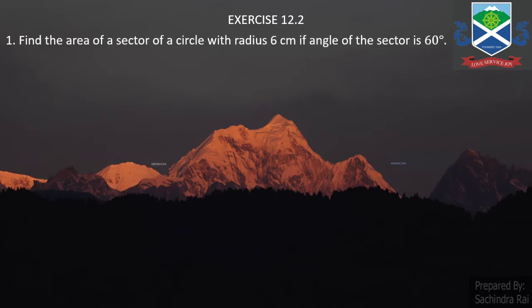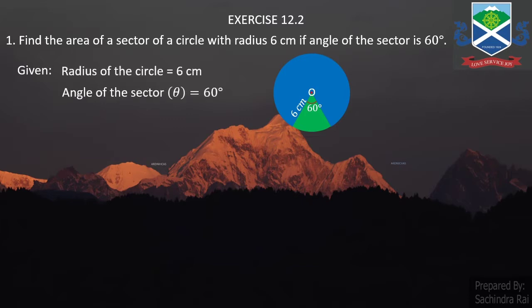The first question: find the area of a sector of a circle with radius 6 cm if the angle of the sector is 60 degree. Before we start, we need to draw the figure with the center O and the central angle as 60 degree and the radius which is given to us as 6 centimeter. So we'll write given as radius of the circle as 6 centimeter, angle of the sector that is theta equals to 60 degree. Now we need to find out this green portion that is the sector of the circle,